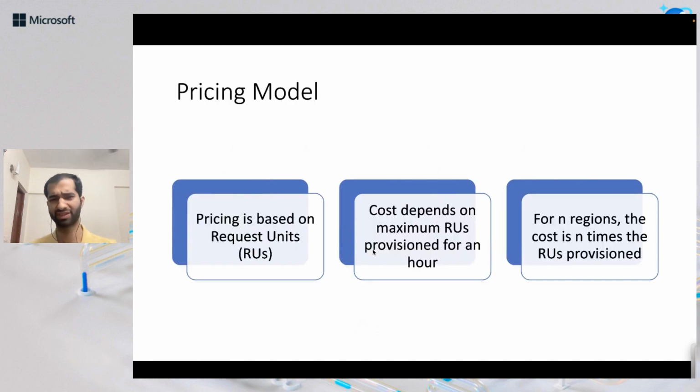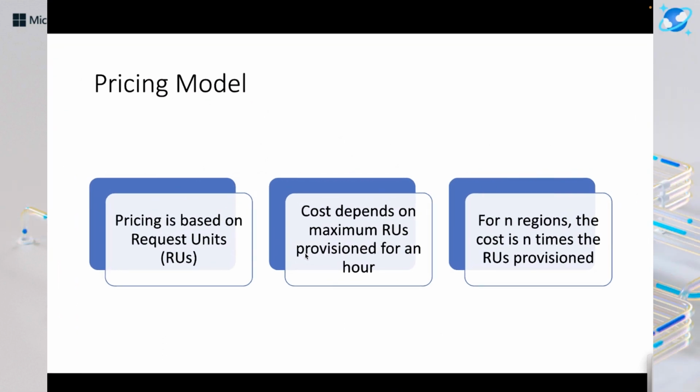First, before we get into the autoscaler, let's look at the pricing model of Cosmos DB. Pricing in Cosmos is based on something called request units. A request unit is a unit of transaction. For example, if we do a read from Cosmos DB, it is going to cost some RUs. If we do writes, it will cost a few more RUs than that. The number of RUs spent on any operation depends on the type of operation and the amount of data we are loading. All the costing in Cosmos DB is based on these RUs only.